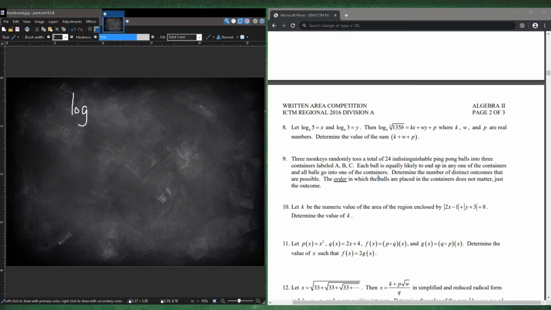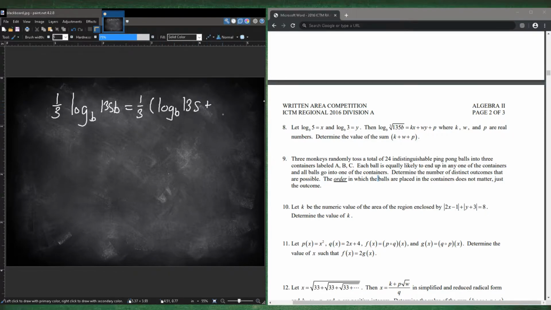If anything is cube rooted or raised to a power, you can just move that to the outside. So it's 1/3, log base b of 135b, which is the same thing as 1/3 parentheses log b of 135 plus